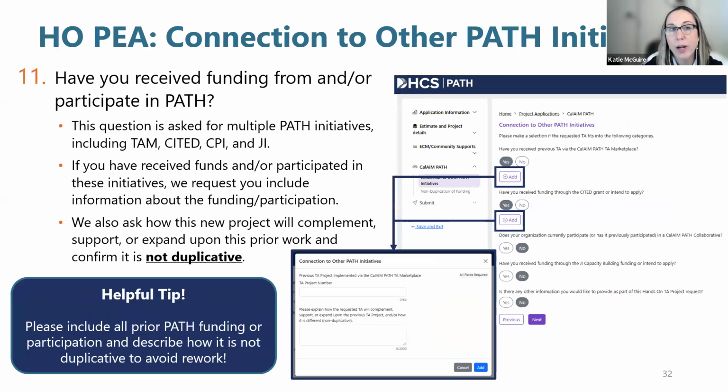This is a very important area. You're going to be asked about connection to other PATH initiatives. So some of the questions we're going to go over, one of them being, have you received funding from and/or participate in PATH? It asks about multiple PATH initiatives, so TAM, CITED, CPI, and JI. If you have received funds or participate in these initiatives,